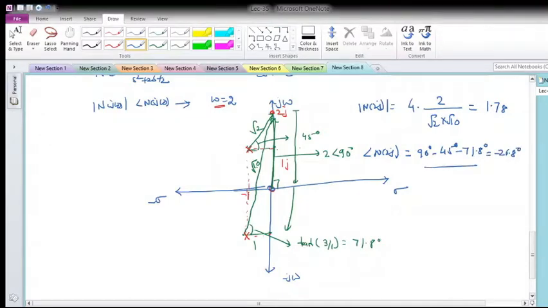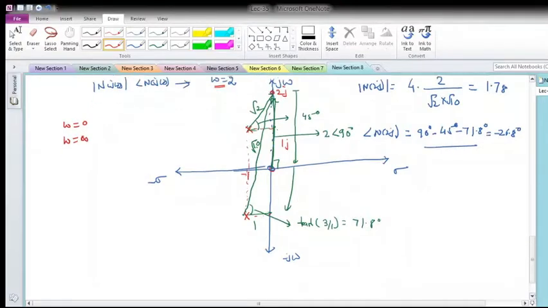Okay, so this way I can calculate for so many frequencies. Right? And if I know these, I'll be able to draw the magnitude and phase response with respect to omega. Now let me calculate for two extreme frequencies. Suppose let me calculate the magnitude and phase response for omega equal to 0 and omega equal to infinity. So in order to calculate at omega equal to 0, what is my network function?